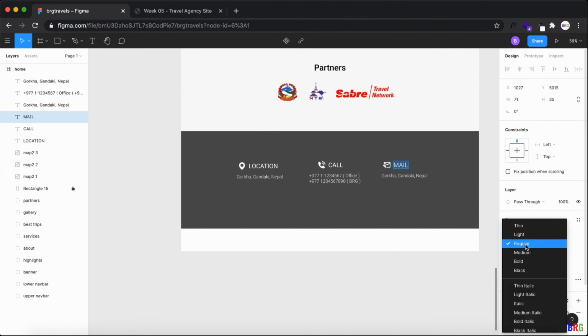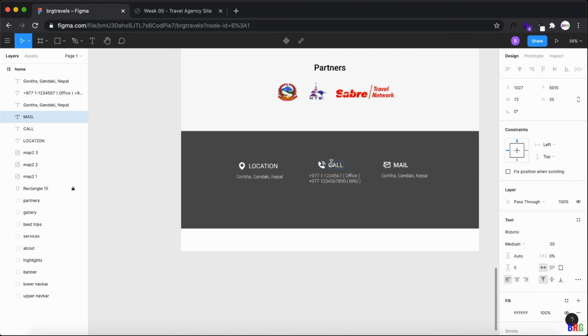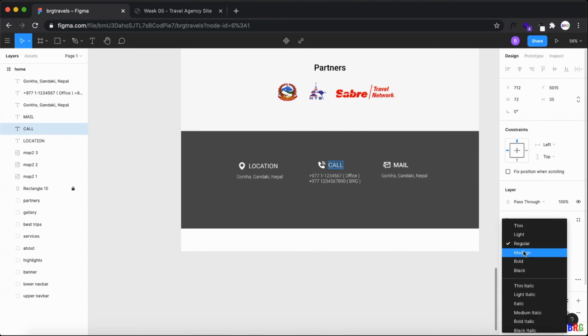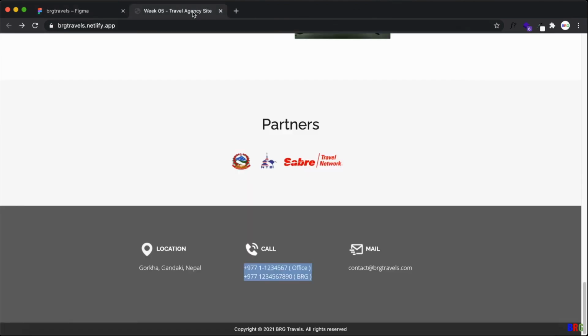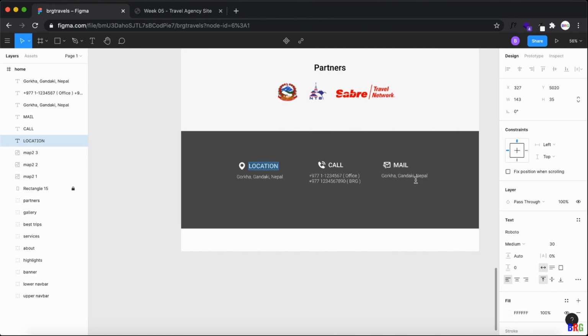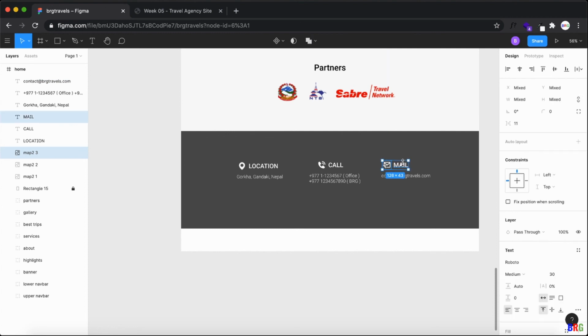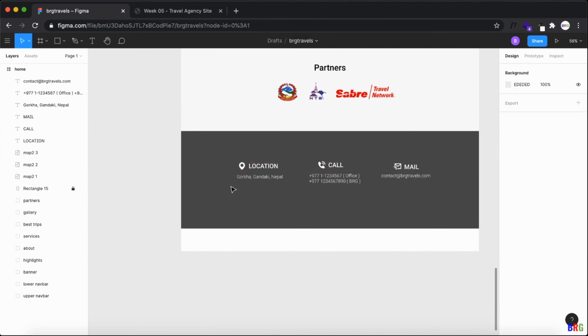Let's make it medium, medium, medium, and then contact at PRG Travels. Yeah, this way, and then right side. Okay, now the location part is also done.